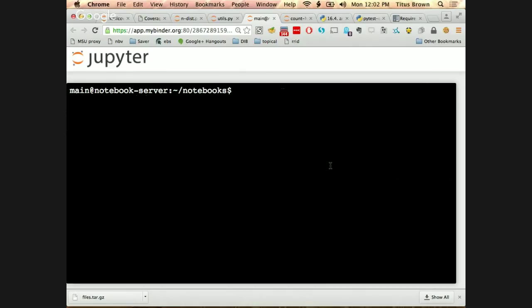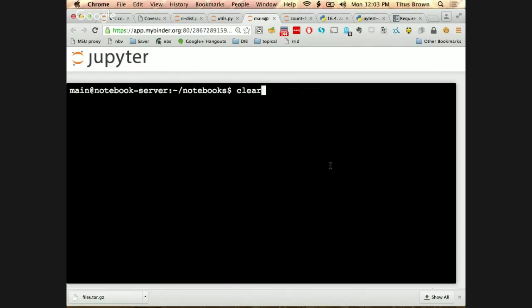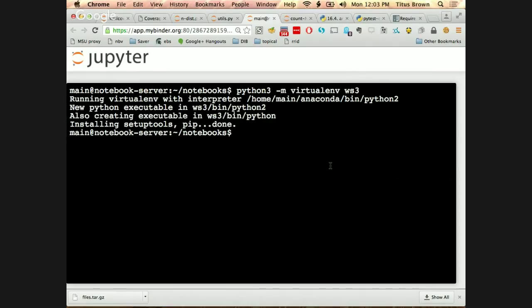So the trick is you have to have Virtualenv installed for the version of Python that you want to run. If I do python3.5 -m virtualenv... okay, well, first of all, I have that problem. If I do python3 -m virtualenv, okay, Virtualenv is installed for Python 3, so I can now say workshop, let's make it workshop 3. And now if I do .ws3/bin/activate,